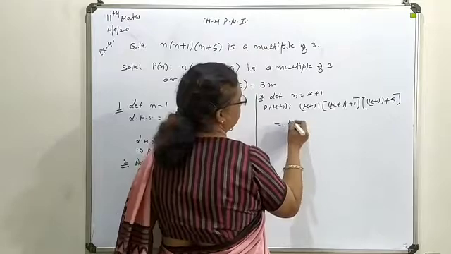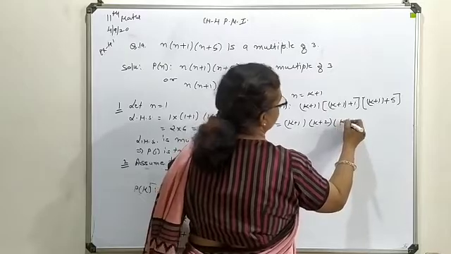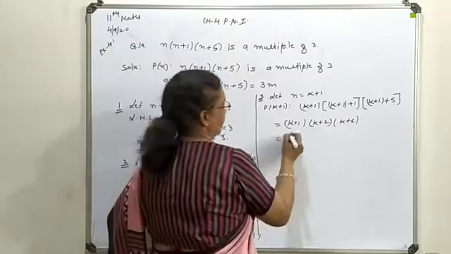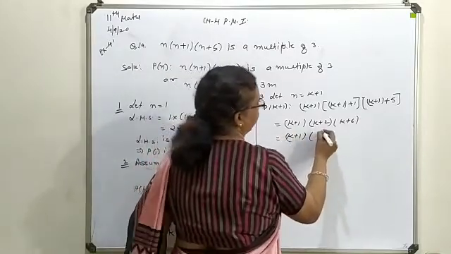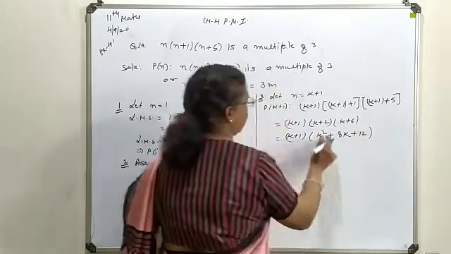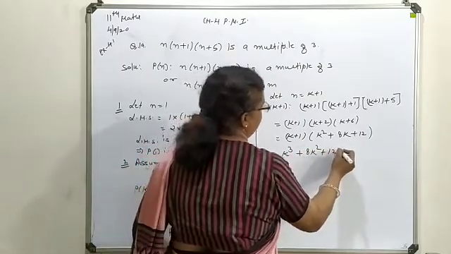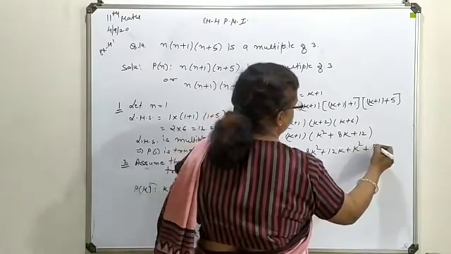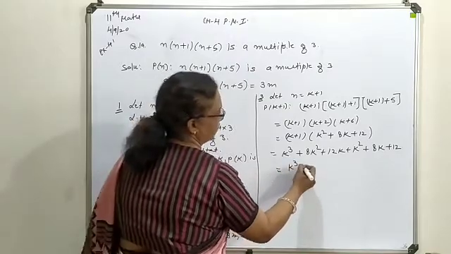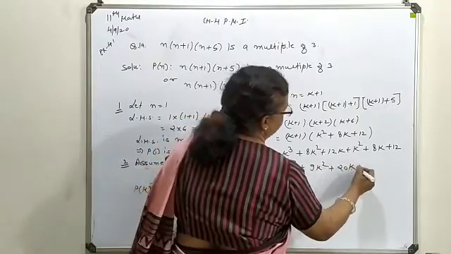Now this is k plus 1, this is k plus 2 and this is k plus 6. First we make multiply these two brackets, that is k plus 1. It will give you k square plus 6 plus 2k means 8k plus 12. Further make it multiply over here, that is k cube plus 8k square plus 12k, k square plus 8k plus 12. Make all term combined here, that is k cube like term combined. This is your 9k square plus 20k plus 12.